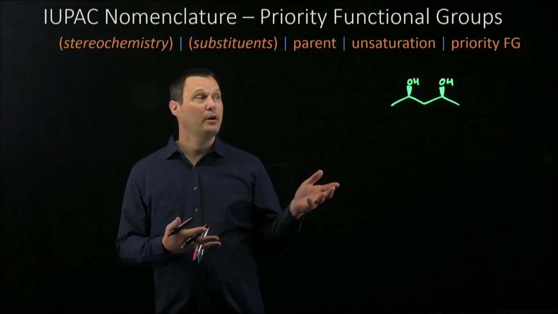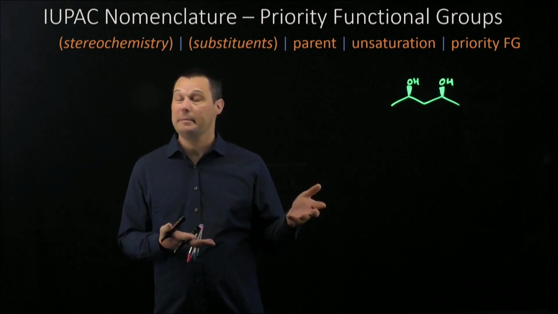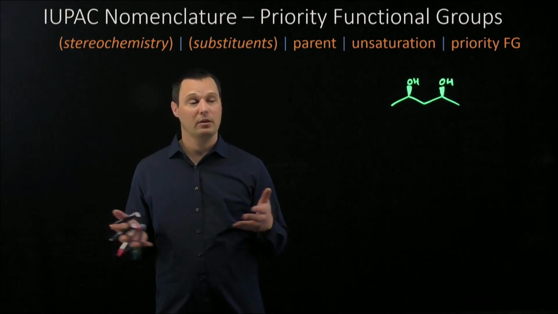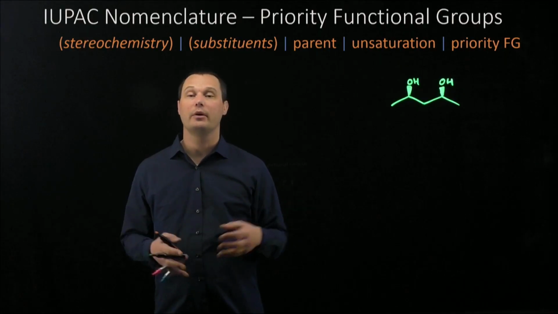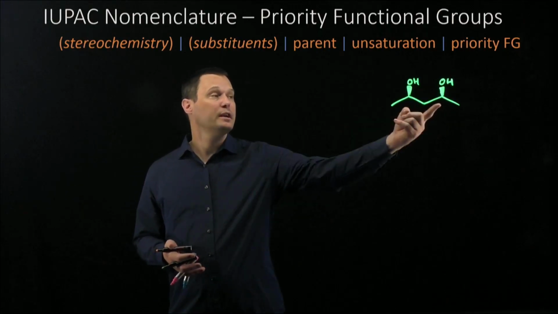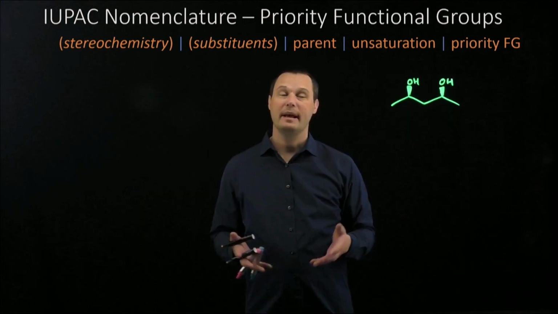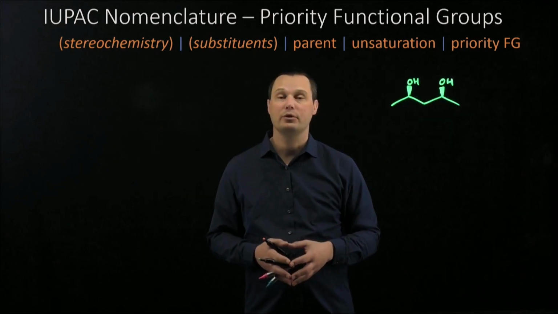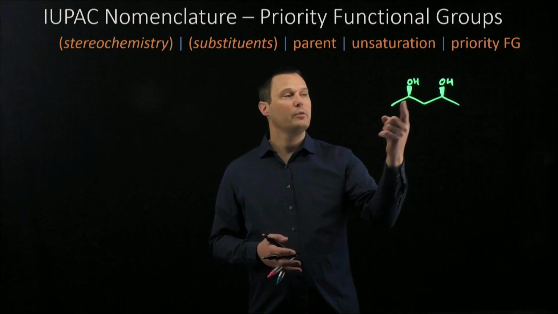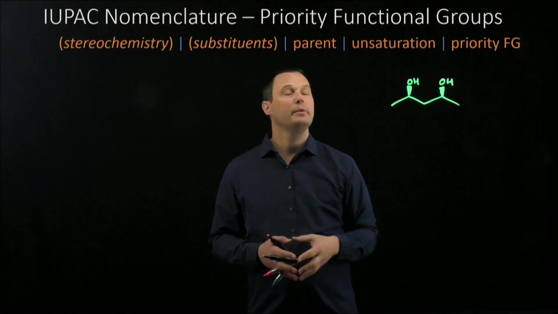Alcohols are different priority functional groups than ketones, but the naming rules are still the same. We'll start by finding the longest consecutive carbon chain containing the priority functional group. Here, there's only one consecutive carbon chain and it contains 5 carbons. Next, we number the molecule to give the priority functional group the lowest possible number. In this case, whether we number from the right or the left, the alcohol will be at carbon number 2